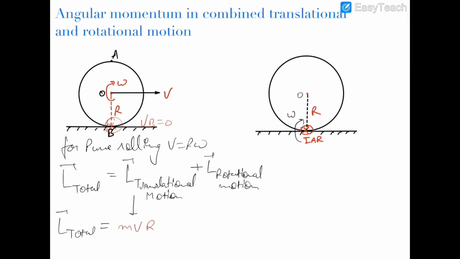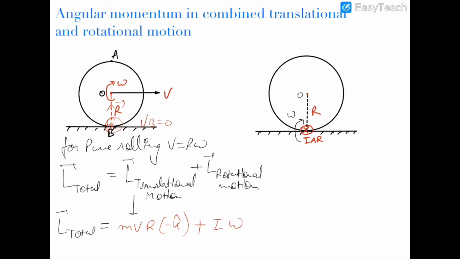Now the direction of this translational angular momentum can be seen that if r vector is pointing in the upward direction and momentum vector is like that, this is r vector and this is the momentum vector. So if we curl the fingers of our right hand from r towards p, then it would be rotating in clockwise sense. Therefore the angular momentum would be pointing in the inward direction, which is minus z-axis. So this is minus k cap, as well as the rotational angular momentum would be I omega,